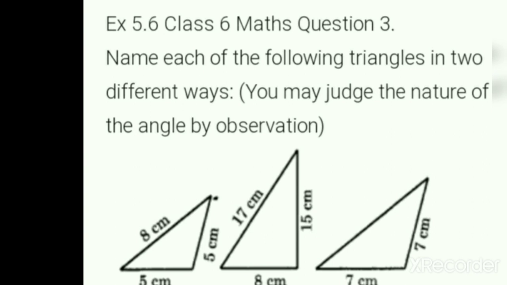Question number 3. Name each of the following triangles in two different ways. Okay, two different ways means based on their sides and based on their angles. We have to look into the sides and the angles also. You may judge the nature of the angle by observation. Okay, so first